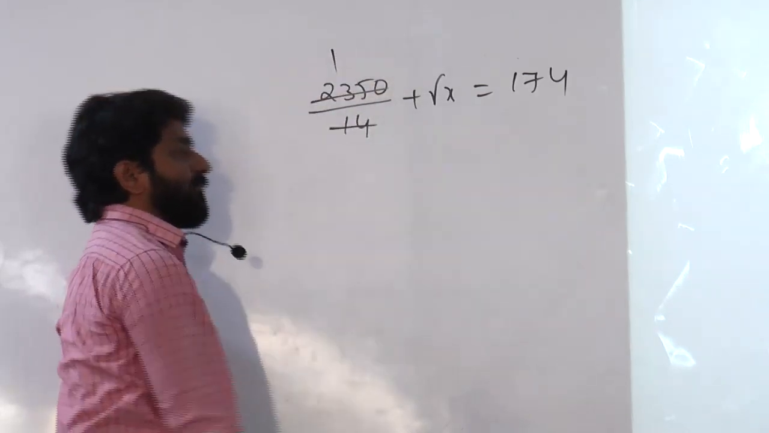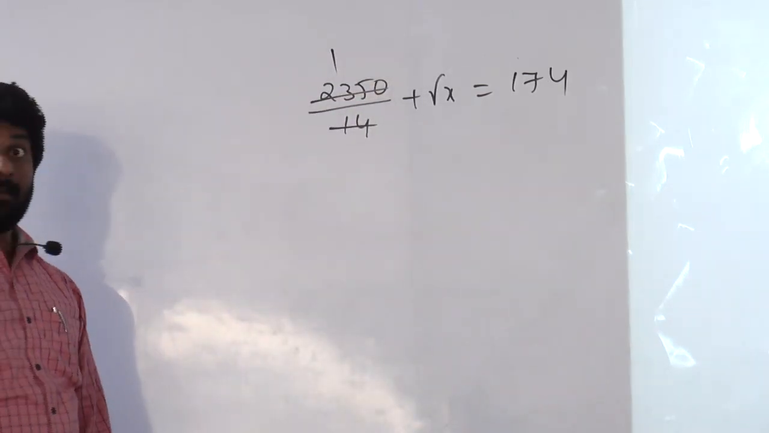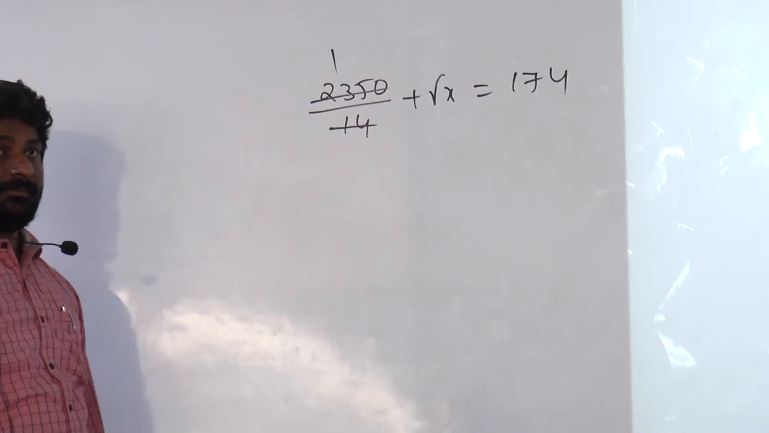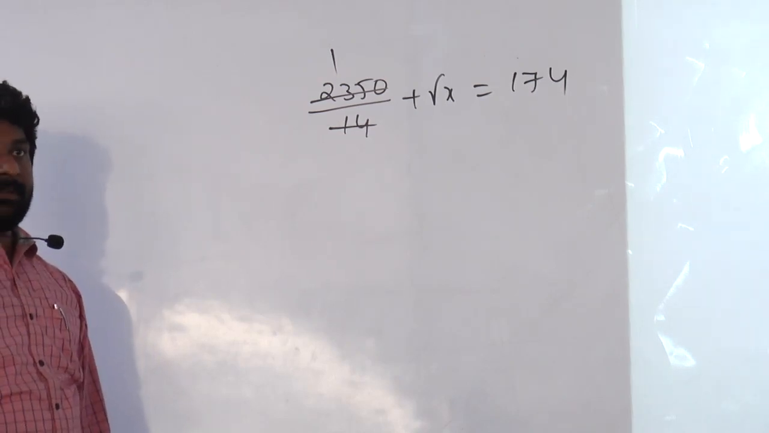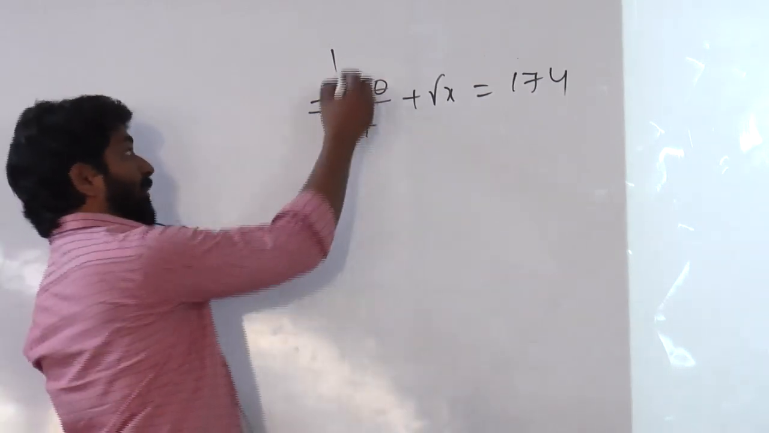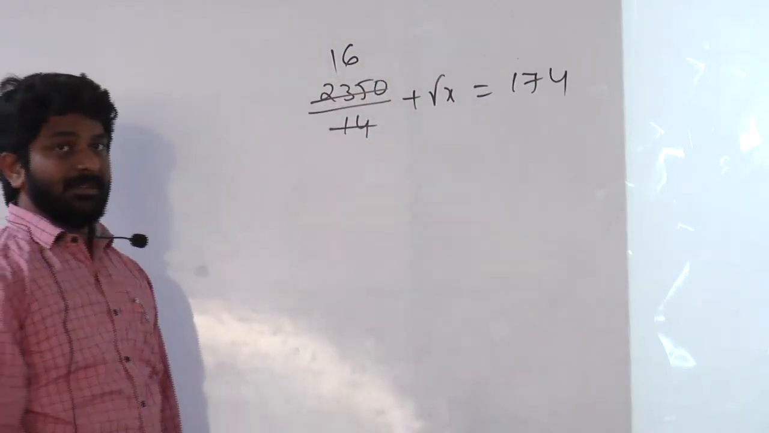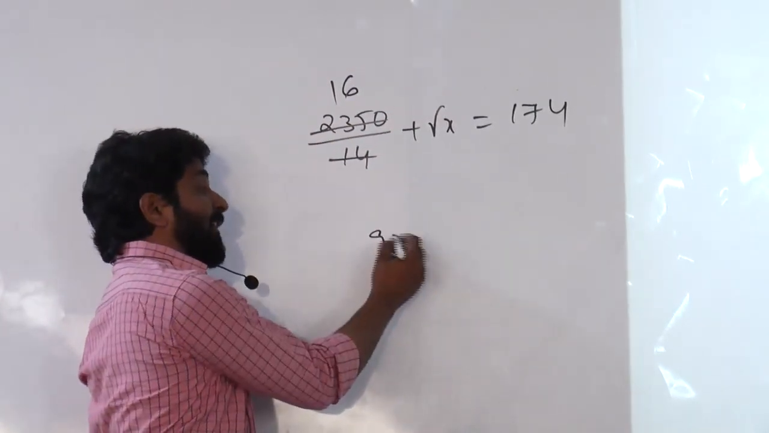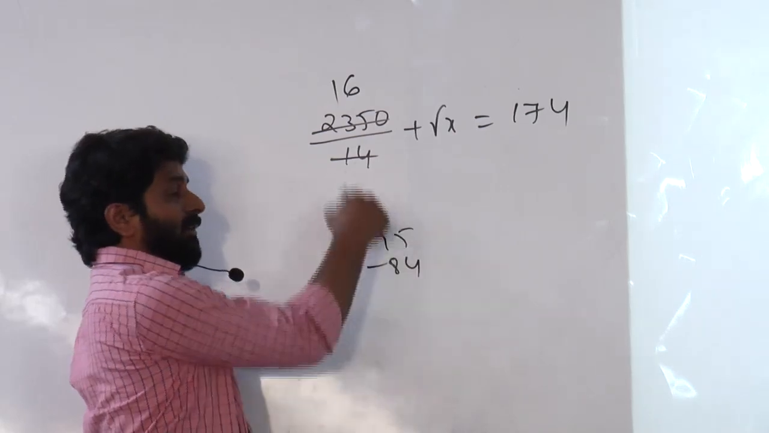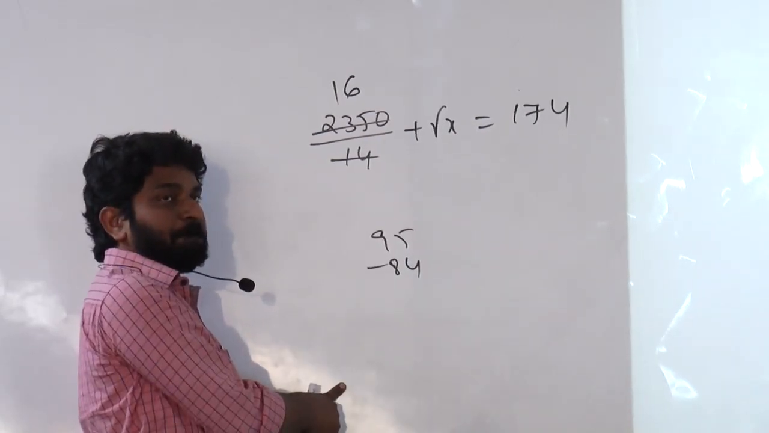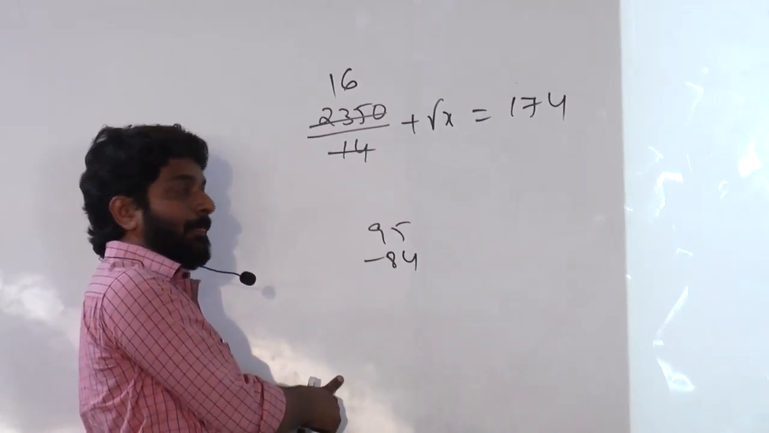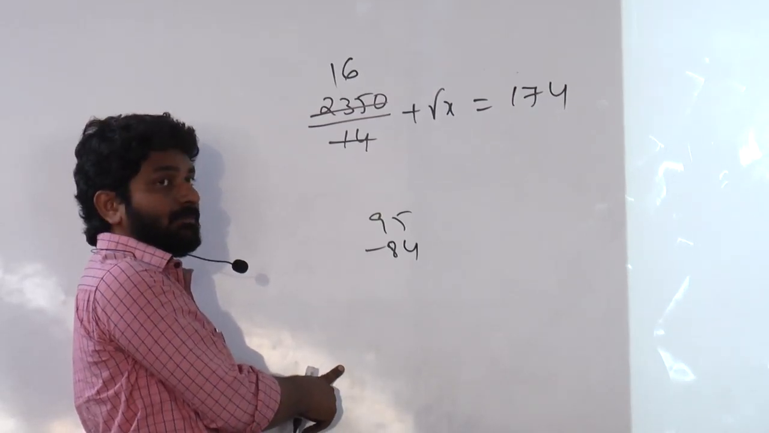Come on, cancellation. 14 ones. 95. Not 6 times. 6 times 84. 95 minus 84. 11. 110. Near about